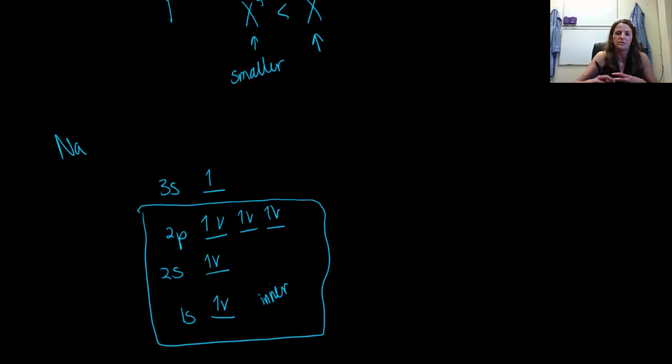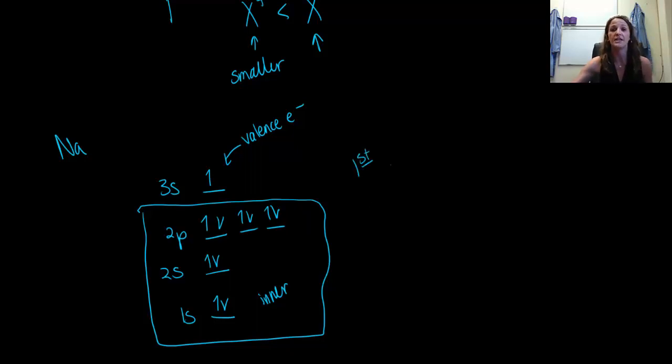So that's going to be close, it's going to be pulled in. These are the ones that are providing electron-electron repulsion with this outer valence electron right here. So that's your valence electron. Okay, so now, if we're trying to talk about this in the context of ionization energy, let's start off by